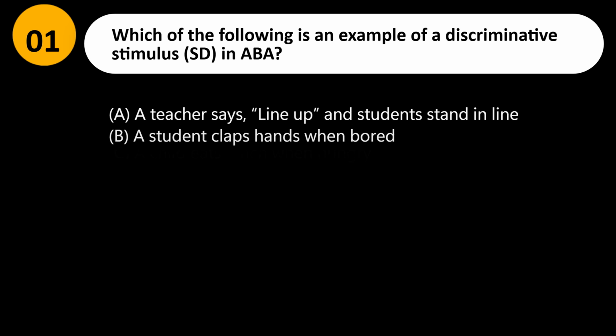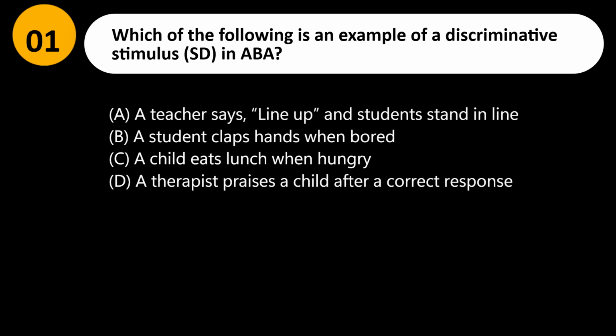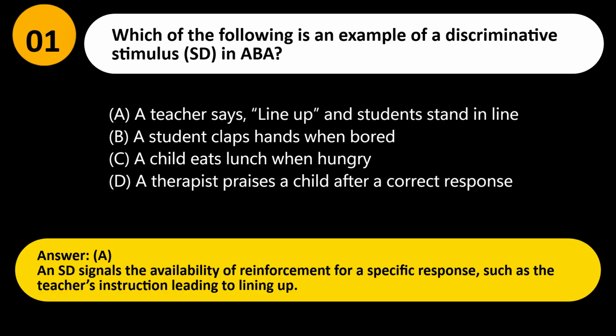Which of the following is an example of a discriminative stimulus, SD, in ABA? A. A teacher says, "line up," and students stand in line. B. A student claps hands when bored. C. A child eats lunch when hungry. D. A therapist praises a child after a correct response. Answer, A. An SD signals the availability of reinforcement for a specific response, such as the teacher's instruction leading to